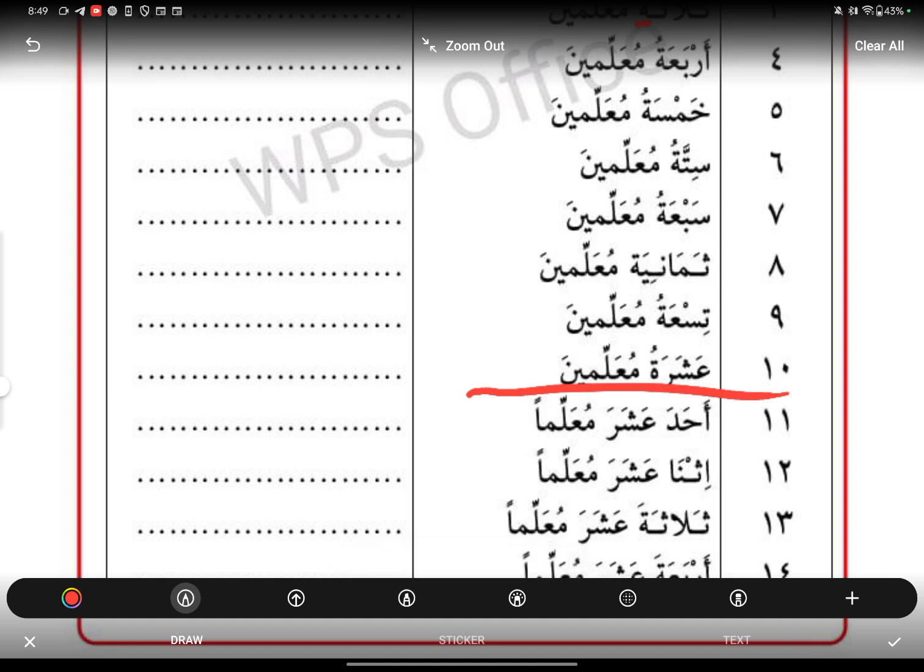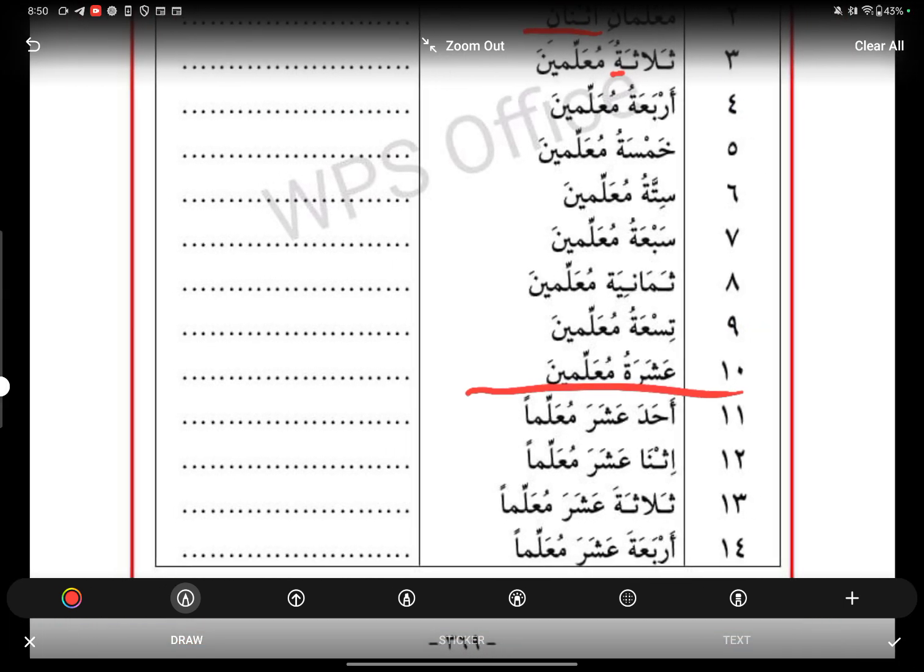So as we did before we said معلم واحد, معلمان اثنان, ثلاثة, it became female, then الرقم يغير إلى مذكر. The number changes يرجع إلى مذكر. Right? It changes back into male just for these two numbers, which is 11 and 12, or in Arabic 11 12. So we have here, and one of the other things,